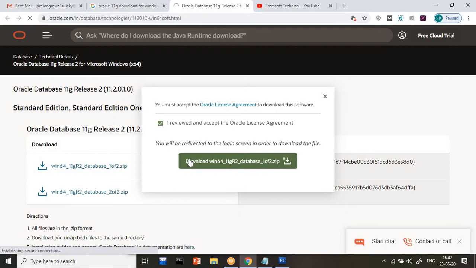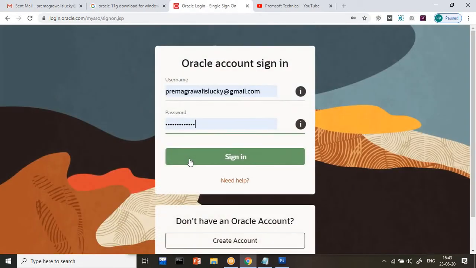Yes, I will show you this. When I click on this, it is diverting to the Oracle site. I already have my Oracle account, so it is asking me directly to sign in. If you do not have an Oracle account, please create one and click on sign in. It's free of cost, guys. You can just create your account and sign in.